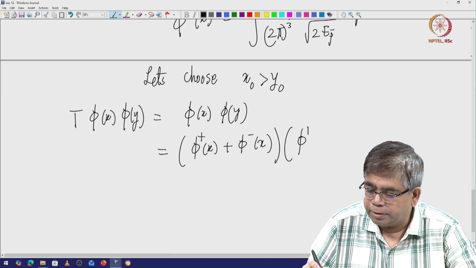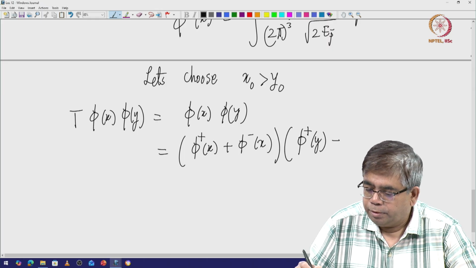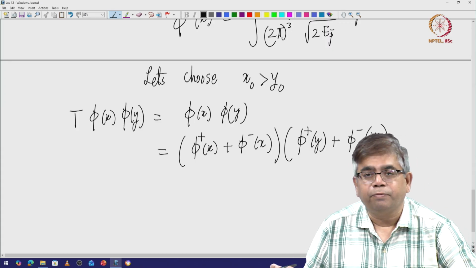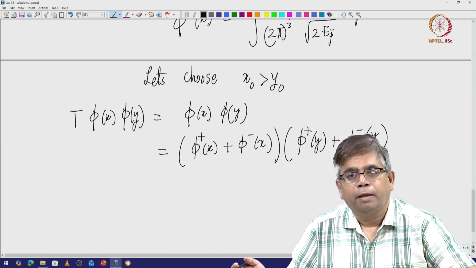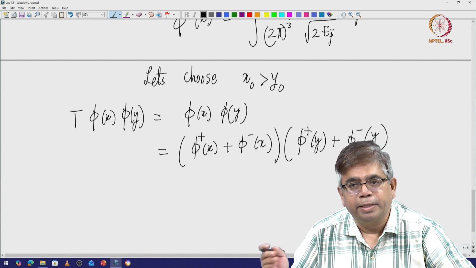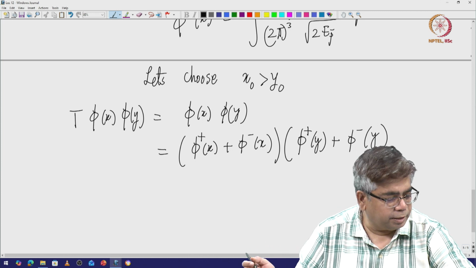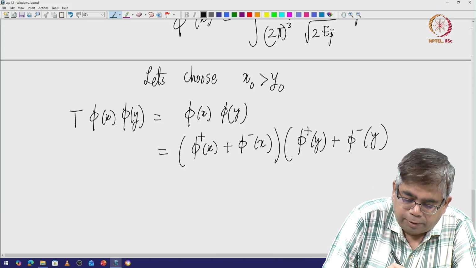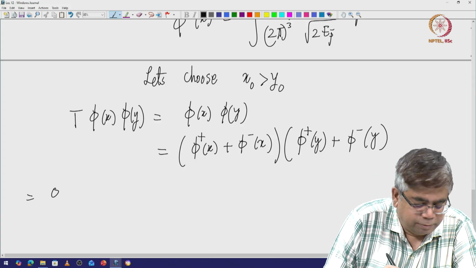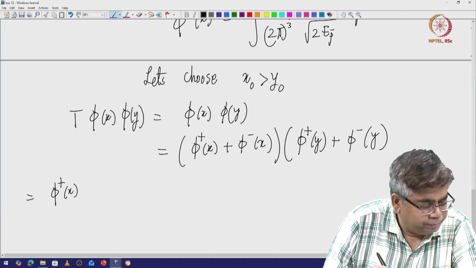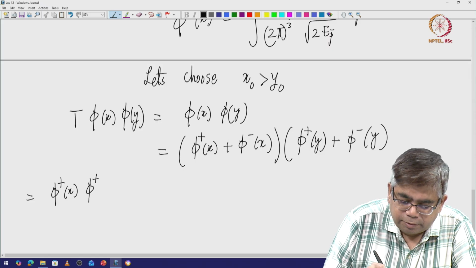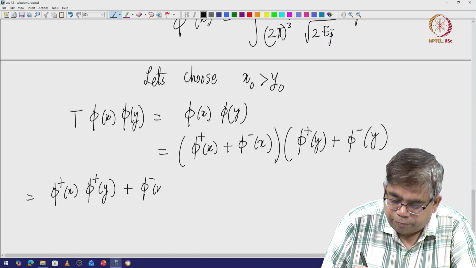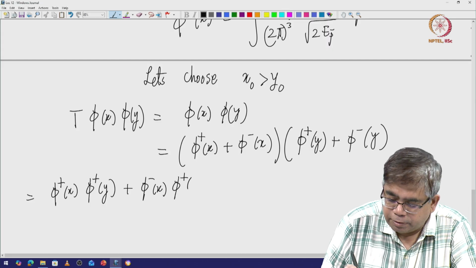Times pi plus of y plus pi minus of y. Now you can expand this. This will give you 4 terms: the cross terms and everything essentially. So you can express this as, let me write it down, pi plus of x, pi plus of y, plus pi minus of x, pi plus of y,